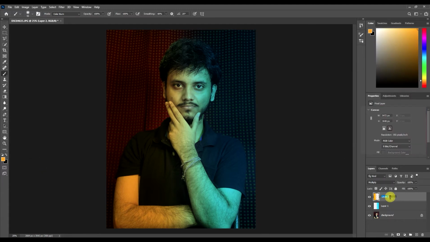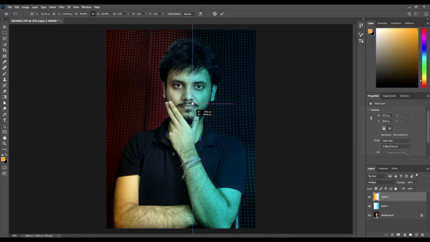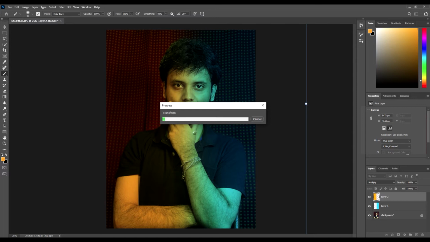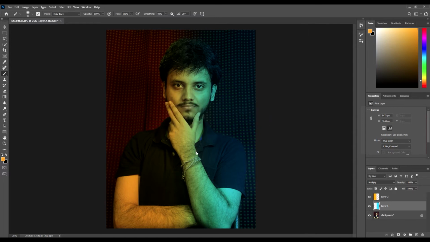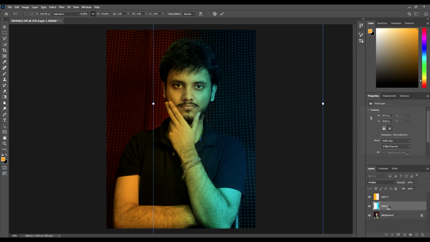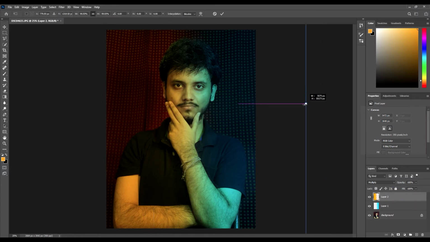So if you feel that you will need to again reposition and transform your layer from here, you can actually select that particular layer and again press Ctrl F, select transform, and as you can see, you can increase or decrease the size of the layer. I can do the same for this layer 1 as well. As you can see, my computer is being a little bit slow. Layer 1, just press Ctrl F, select transform, and you can do the same over here. And I feel I need to decrease the size of this orange color a bit.